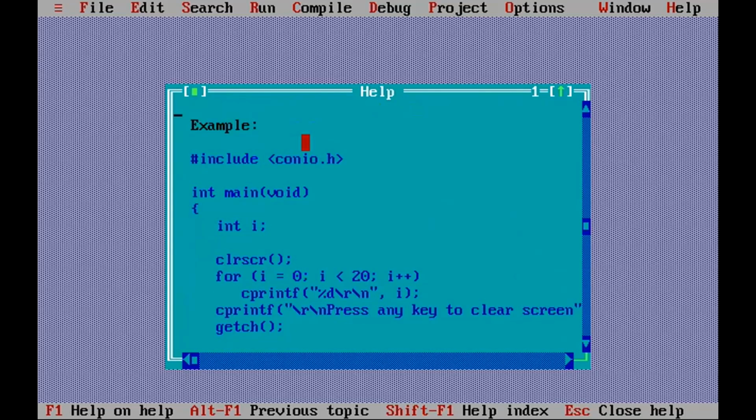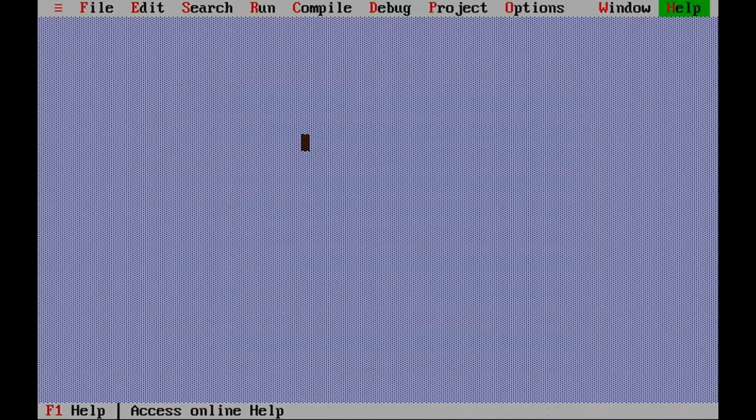So in this way, this is the introduction about the various menus of Turbo C and their options. Now let us use these options to do C programming.